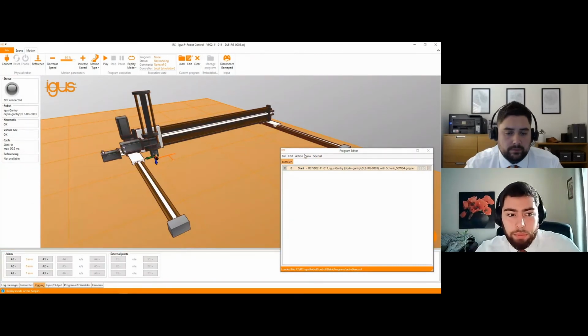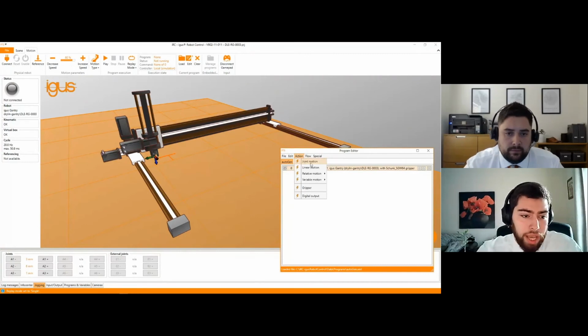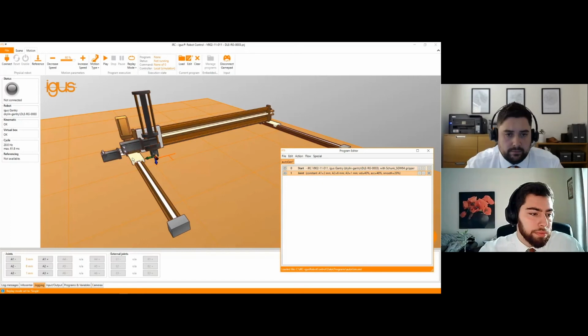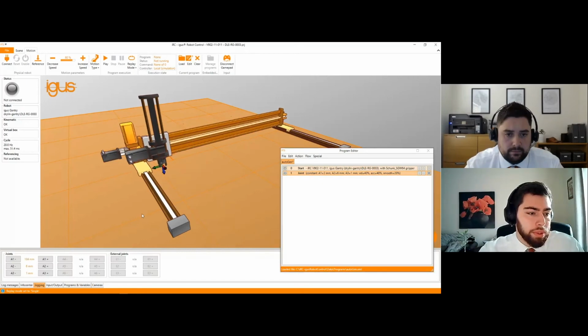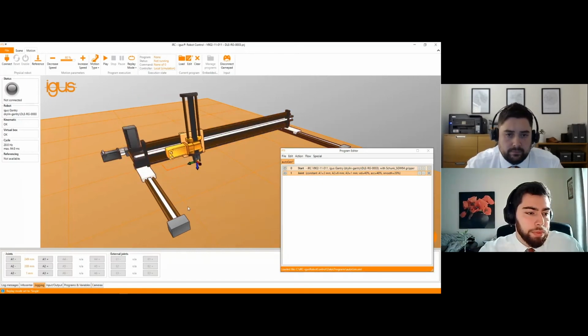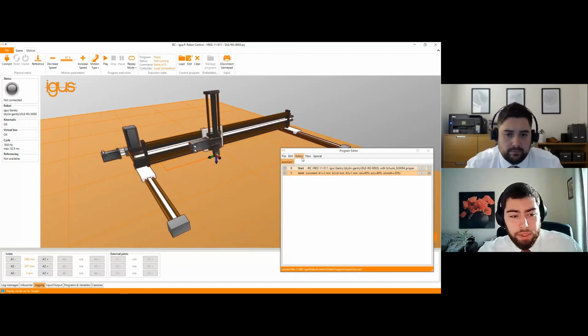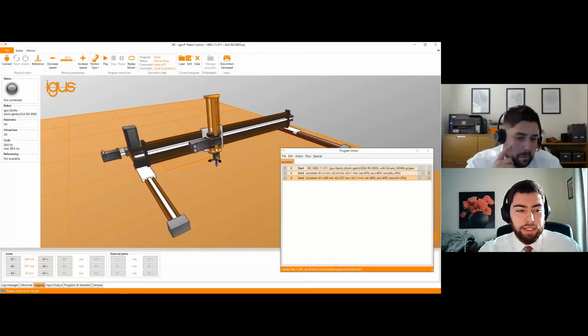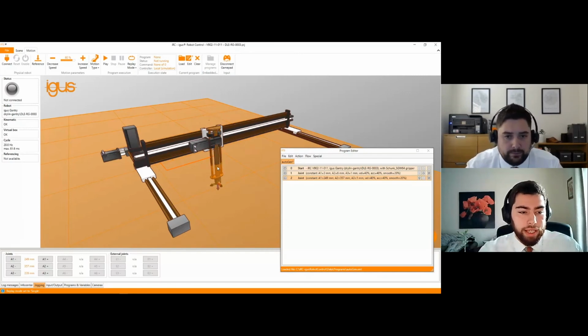When I go to the program editor, I can just select action and select joint motion. What I can see over here is that all of the actual coordinates of the digital twin, and thus the actual robot, if it's connected, have been loaded successfully directly to the command. So I minimize it, and then I move to the second point, which will be here. And I do the same. So action, joint motion. Again, all the coordinates are loaded. Then I will move the Z-axis down to simulate picking an item.